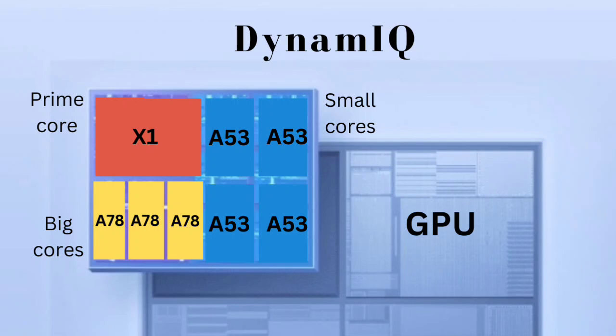The prime core is usually very powerful, and the big cores themselves are also powerful, but they're not as powerful as the prime core. Then you have the small cores at the back. The prime cores and the big cores work together. The prime cores bring an extra infusion of even more power that adds a lot more power